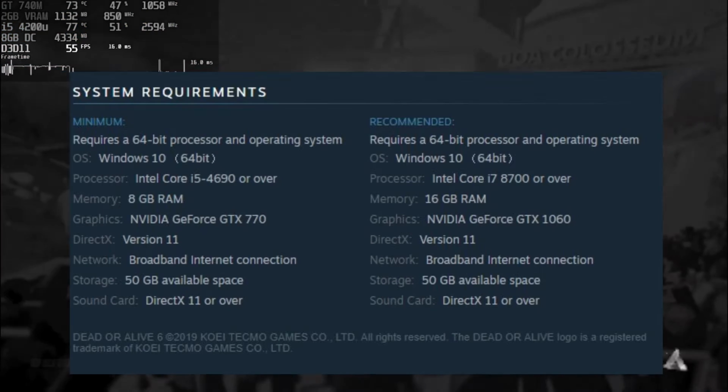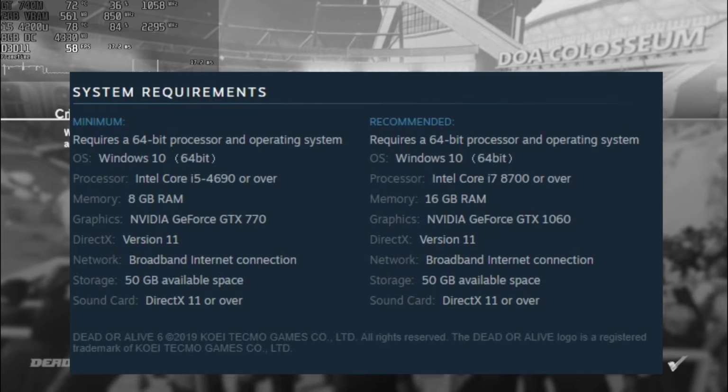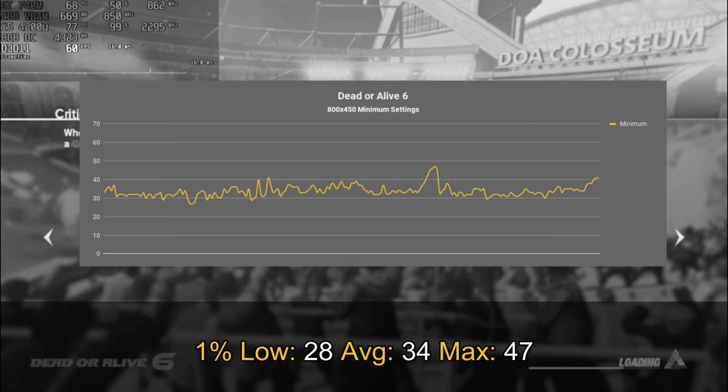So let's jump to the minimum requirements. This game asks for an i5 5690, 8 gigs of RAM, and the GTX 770, which is considerably more powerful than our GT 740M or a GT 920M. But for the results, I tried the game with this 800 by 450,